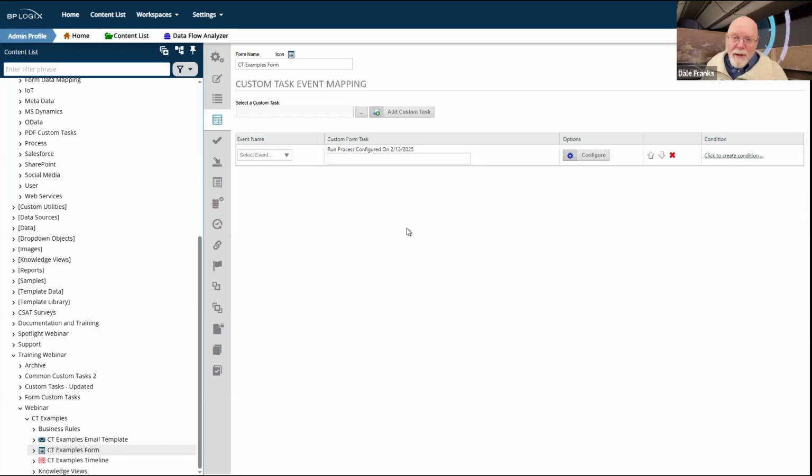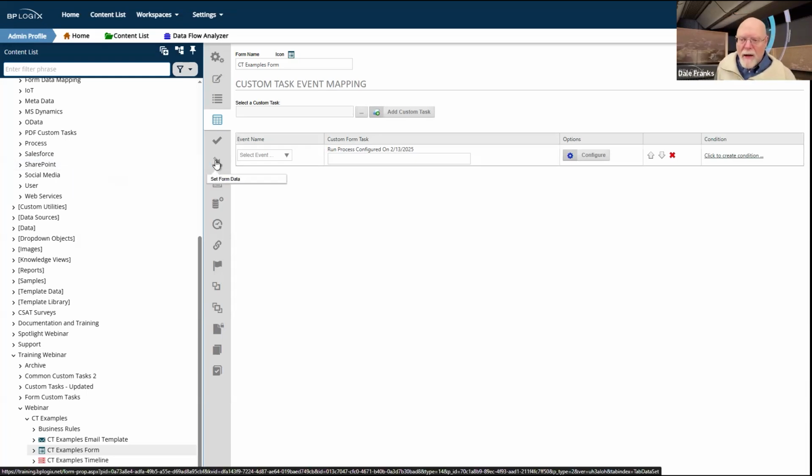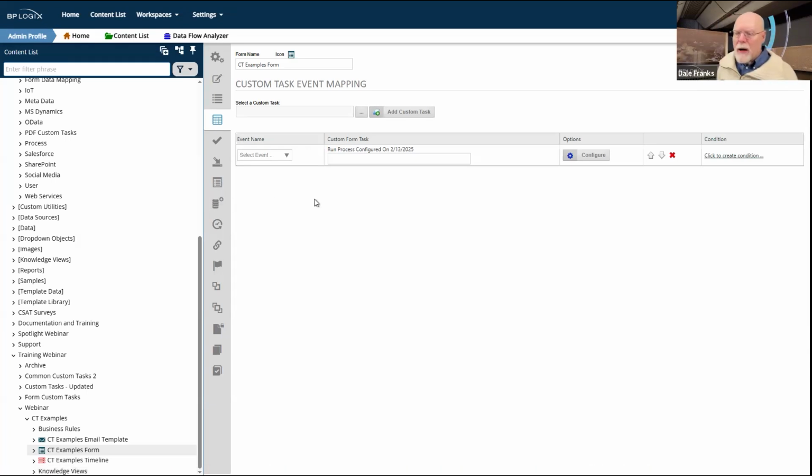In previous times, fill dropdowns or fill fields would almost always have been run from a form, certainly fill dropdowns, because I'm modifying the form's behavior directly by doing the fill dropdowns. Now, of course, in today's world, we don't have to do that. We already have set form data and fill dropdowns built into the form, so we don't have to use those CTs. But there are a couple of other CTs that do form things.